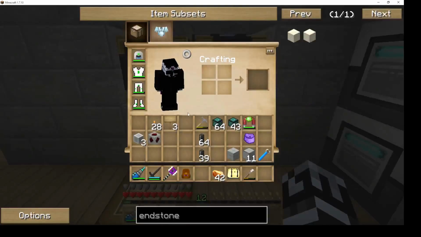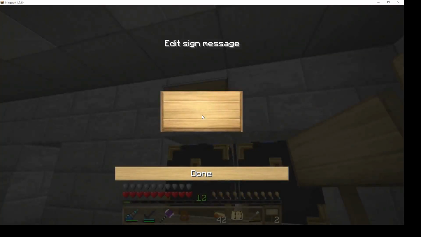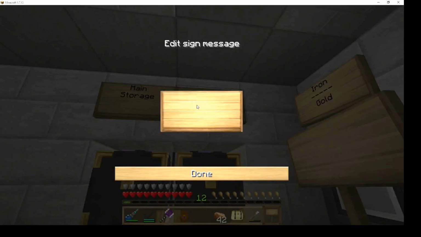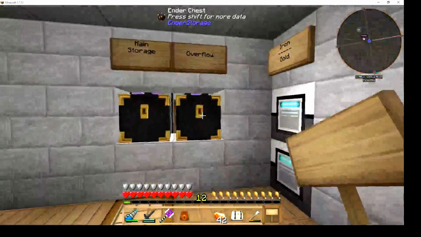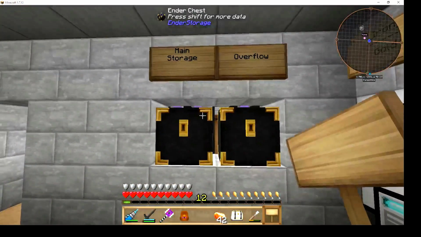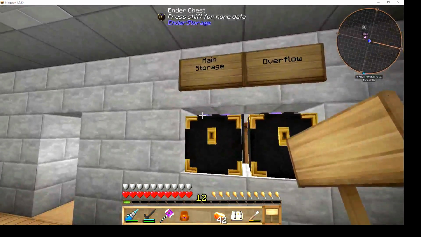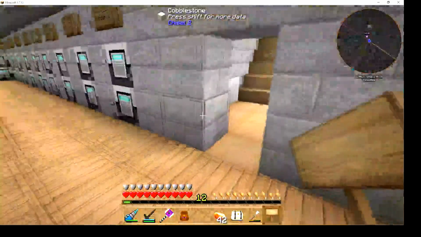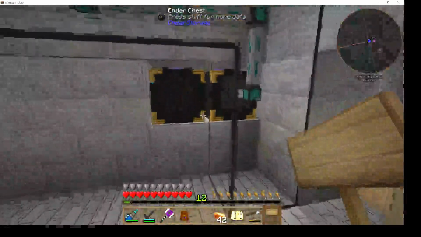Alright, where's my signs? So this is main storage, and this is the overflow. So there we go, that's main storage and overflow. Now there is a difference. With the main storage, the colours are purple, black, purple, but with the overflow it's the reverse: black, purple, black. Now what I want to see is if I put